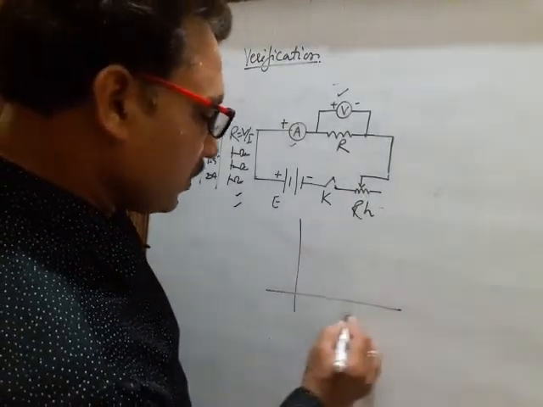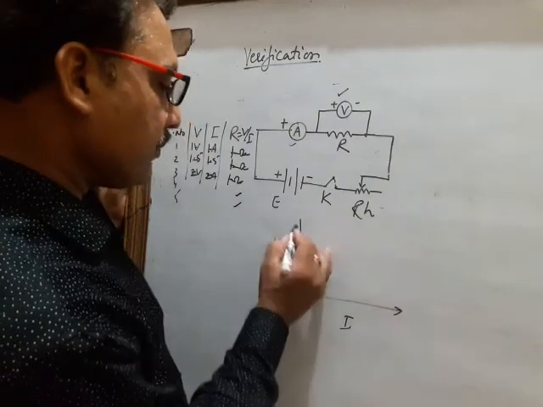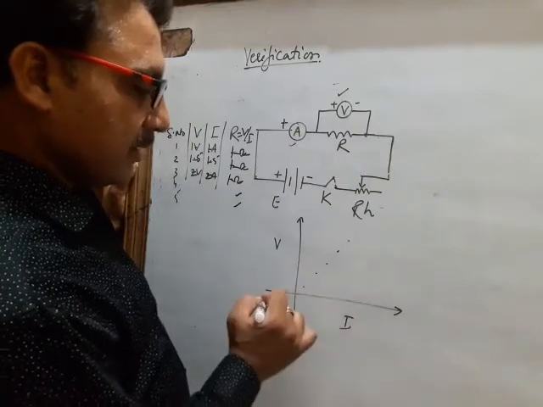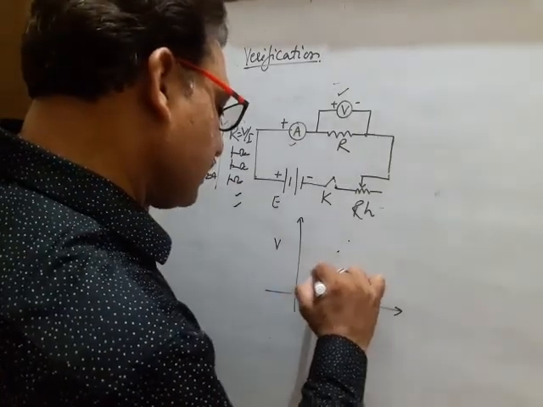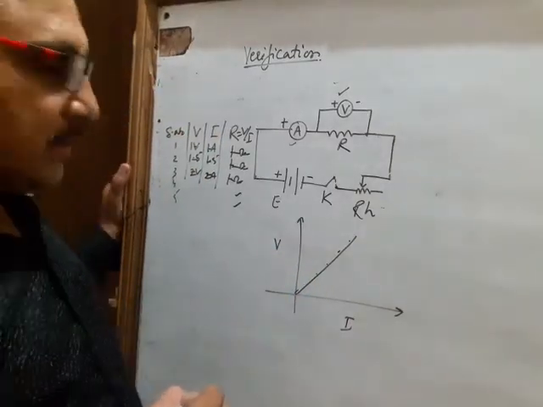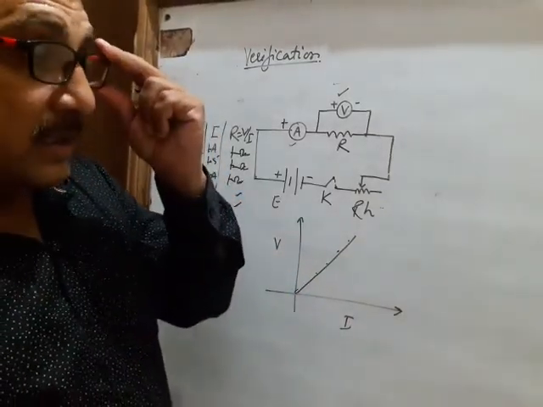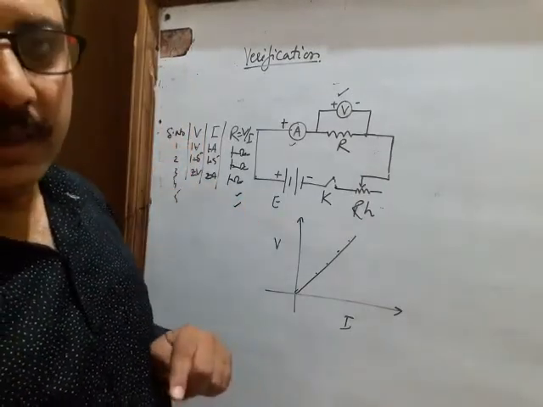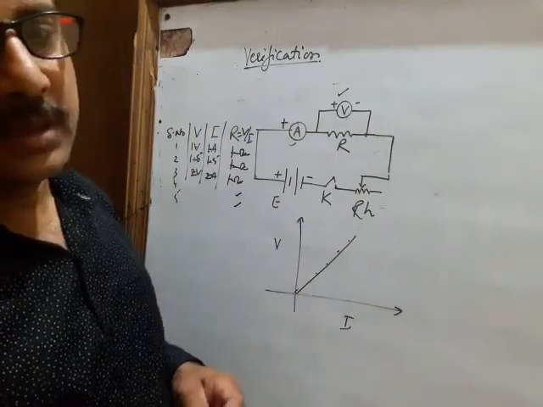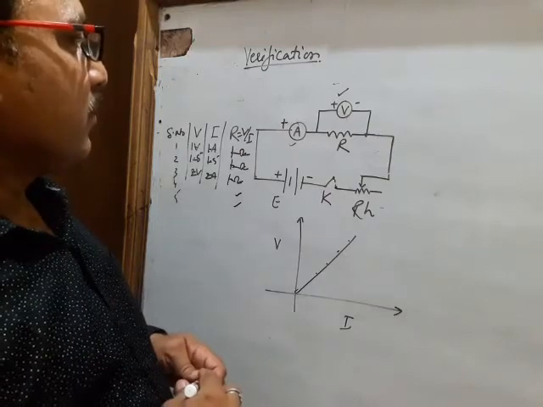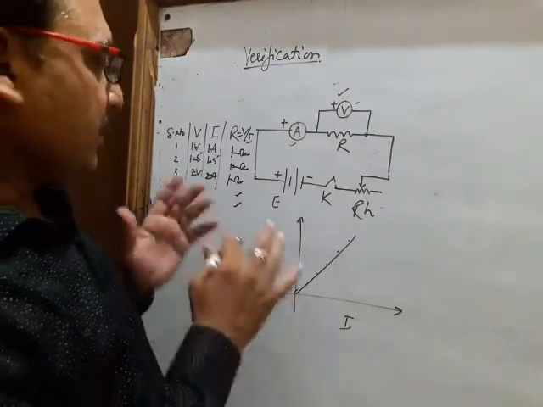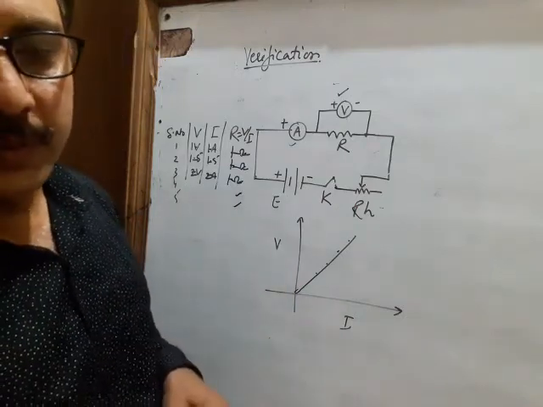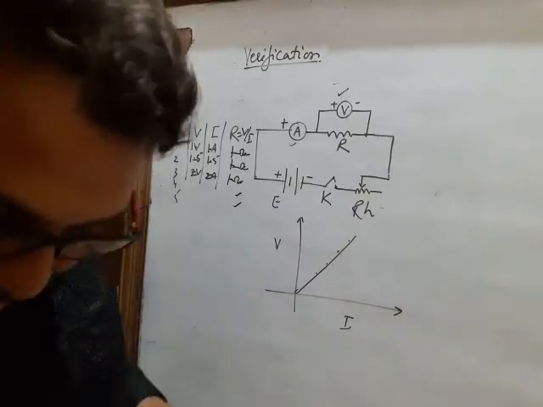Now you can draw one graph between I and V. From this graph you will plot the values of V and I. When you join the points, you will get a straight line which verifies Ohm's law and shows that the potential difference is directly proportional to the current. Means the VI graph has to be a straight line. This is how we verify Ohm's law. For ohmic conductors the VI graph turns out to be a straight line. This is Ohm's law. I hope you all have followed this.